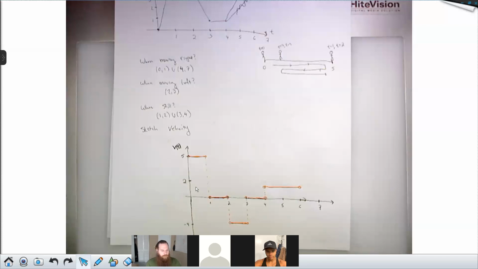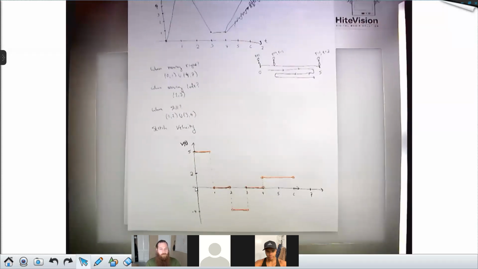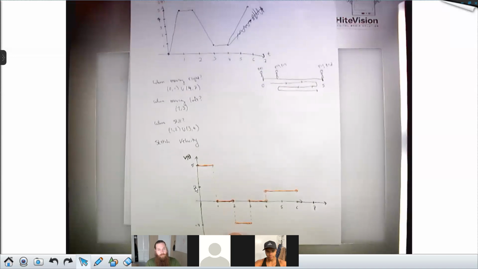So I hope this has helped to demystify this problem a bit. I think that this is a really good concept problem. To spend the time really understanding this is a great thing. It really will help you understand the physics and the connections to calculus. Are there any questions we want to ask about this?